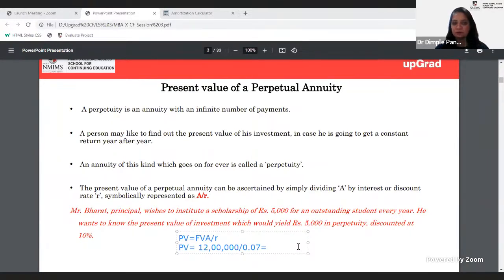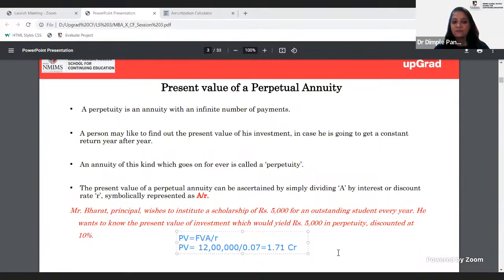What is the amount I should give to the company so that they give me 12 lakhs per annum for infinite number of years? Perpetuity means infinite number of years. So what is the amount I should be giving? 1.71 crores approximately. Right? 1.7 crores I should be giving to the company so that I get 12 lakhs per annum for infinite number of years. This is very much applicable in scenarios when we want a pension and we are not very sure,